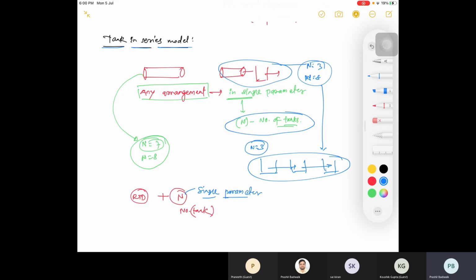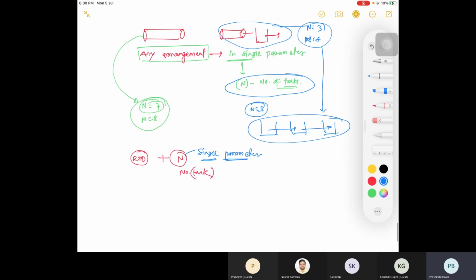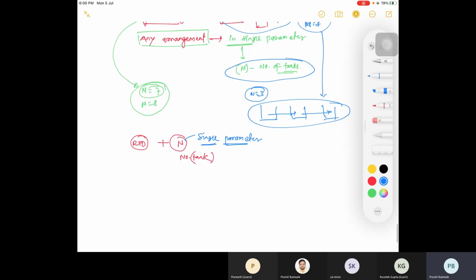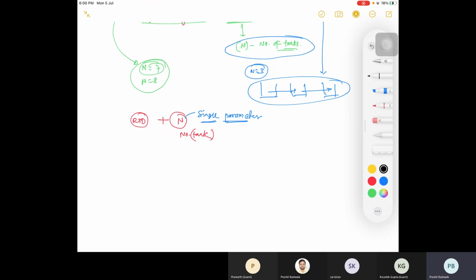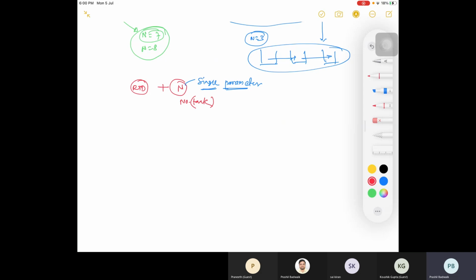Okay, so this model has a long derivation, but I'll tell you in short only. Maybe you can do that as homework. I'll tell you the steps. You don't need to remember the actual derivation, but please be aware of the steps and do it accordingly. So in the tanks-in-series model, I told you any arrangement can be represented in terms of number of tanks. That is a basic assumption of this model. So you can write here the number of tanks: first tank, second tank, third, and this is the nth tank.